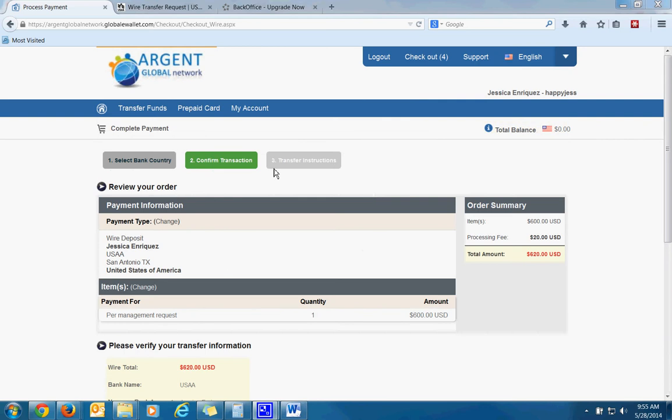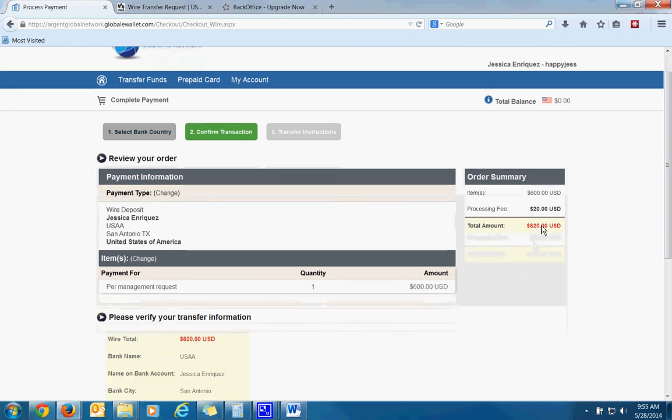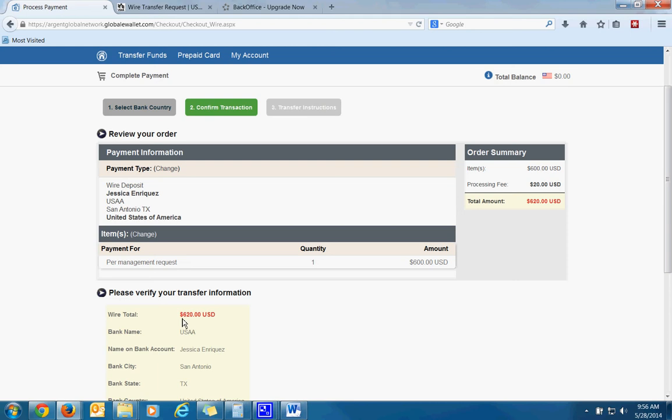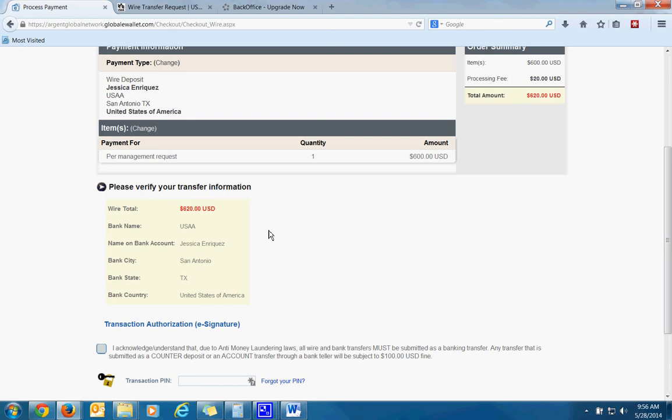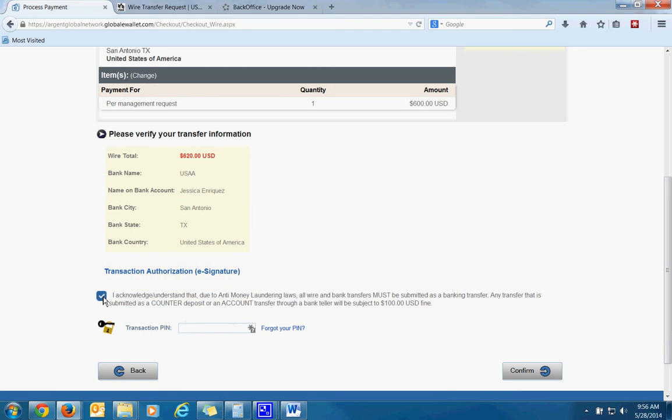Okay, and it brings you here to confirm transaction. So we're going to do a wire from USAA for $600, and you can see now it's added the $20 processing fee. So the wire that you have to send is $620. Now, like I said before, if you're going to do a different amount, it'll add it up for you. So acknowledge, enter your transaction PIN, which you set up,